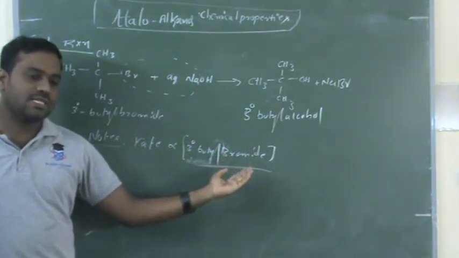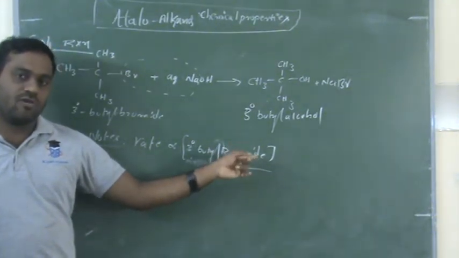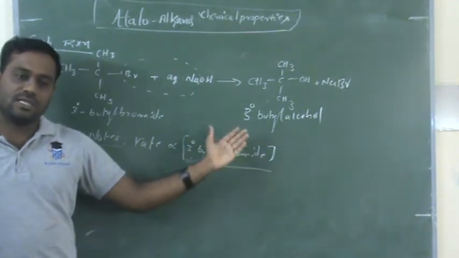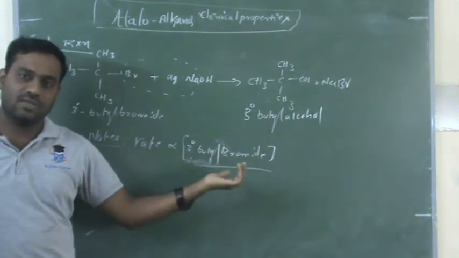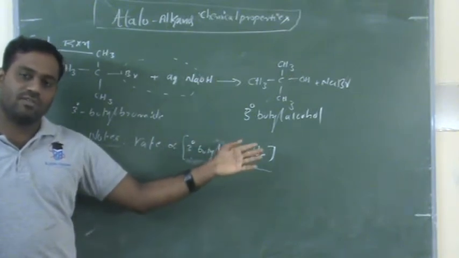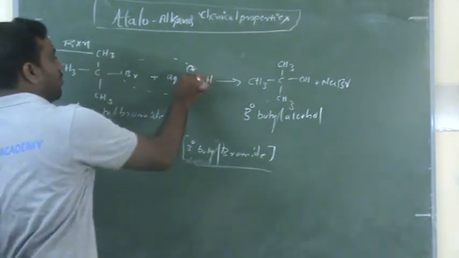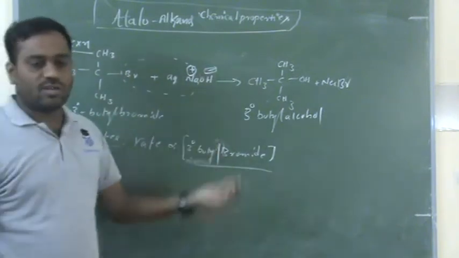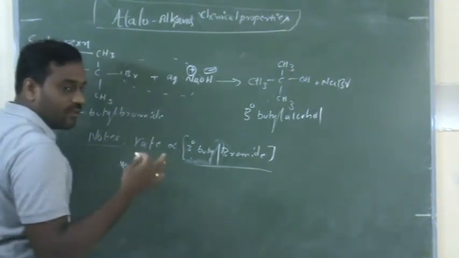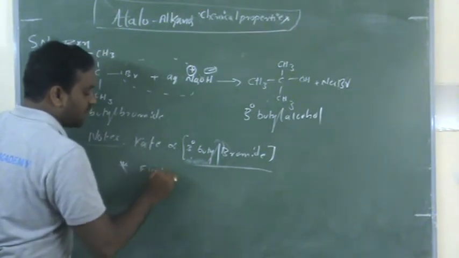Means if we increase the concentration of tertiary butyl bromide, then automatically the rate is increased. If the tertiary butyl bromide concentration is decreased, the rate also decreases. Means the rate of the reaction only depends upon tertiary butyl bromide, and does not depend upon the concentration of the nucleophile. If you take Na plus and OH minus, you can increase or decrease the OH minus concentration, there is no problem with the rate. The rate is the same, the speed is the same, and this involves first order kinetics,